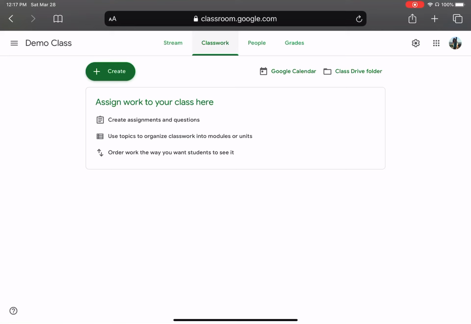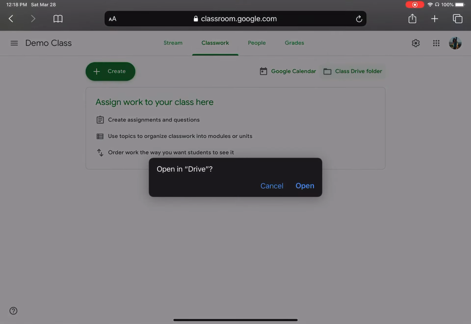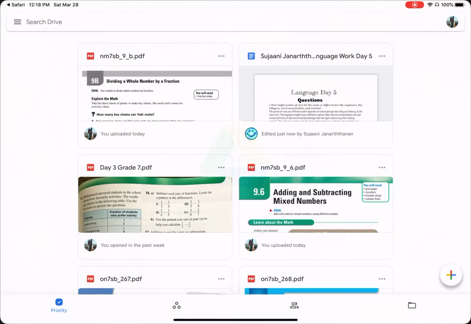So first of all, as soon as you create a demo class, you're going to have a Google Drive folder that's going to be attached to your class. So if you open your Google Drive, you're going to have a demo class